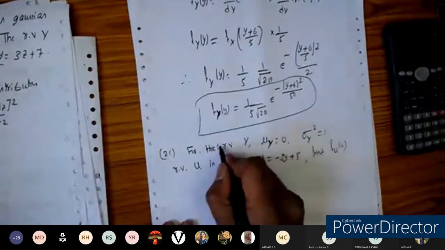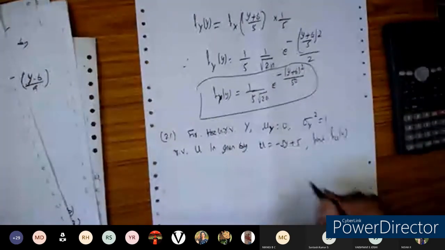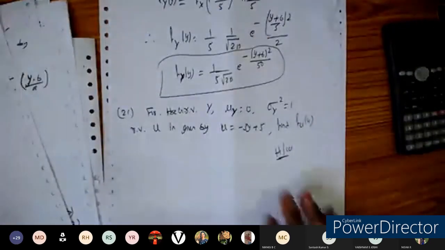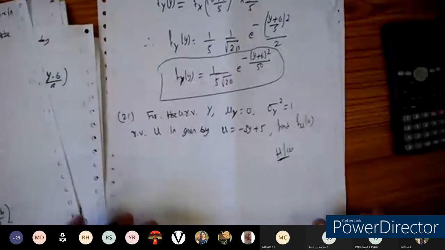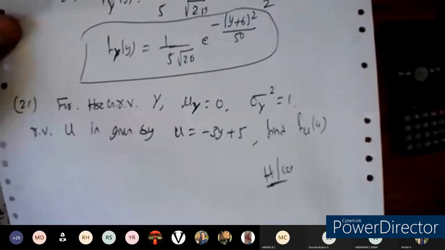You can take this as a Gaussian random variable. This is a Gaussian random variable because only for the Gaussian random variable can we express it in terms of this concept. So do this problem as homework. It is similar to the previous concept. Has everyone taken the problem? Everyone has taken the problem.